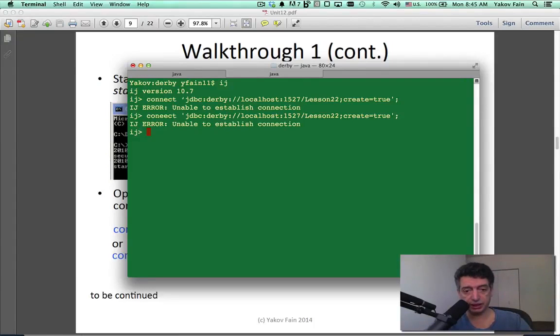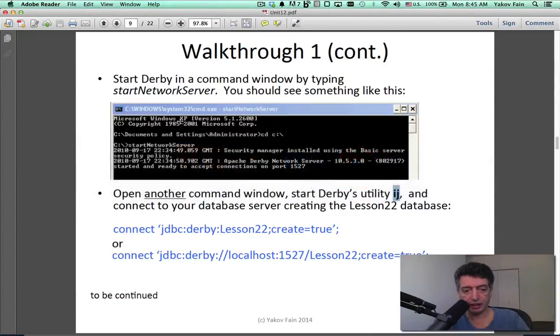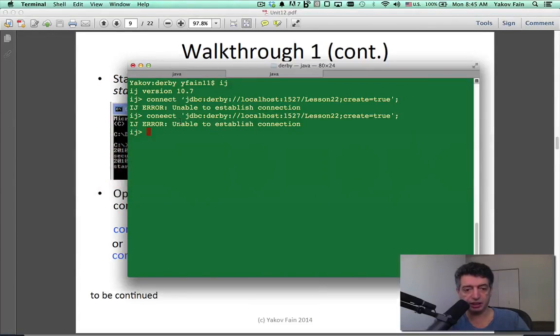It cannot establish a connection. Unable to establish connection. What do I do wrong? Let me see again. Connect JDBC colon Derby colon. Do I do the same thing over here? JDBC colon Derby colon localhost 1527 lesson 22 create true. As you can see, I made a stupid mistake. In the word connect, I misspelled connect. All right. Connect